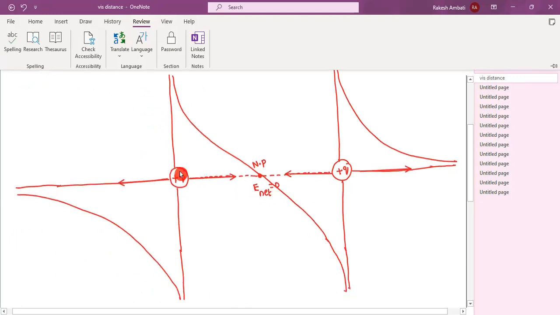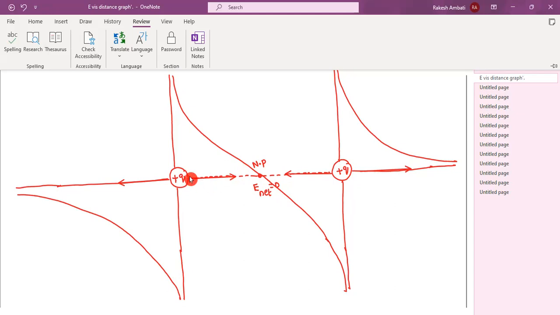So listen once again. In the case of a positive charge, the electric field is away from the positive charge. I told you already, in the case of like charges, the null point will be formed in between the charges. Here both are identical, so the null point will be formed exactly at the midpoint. At the null point, the resultant field becomes 0.